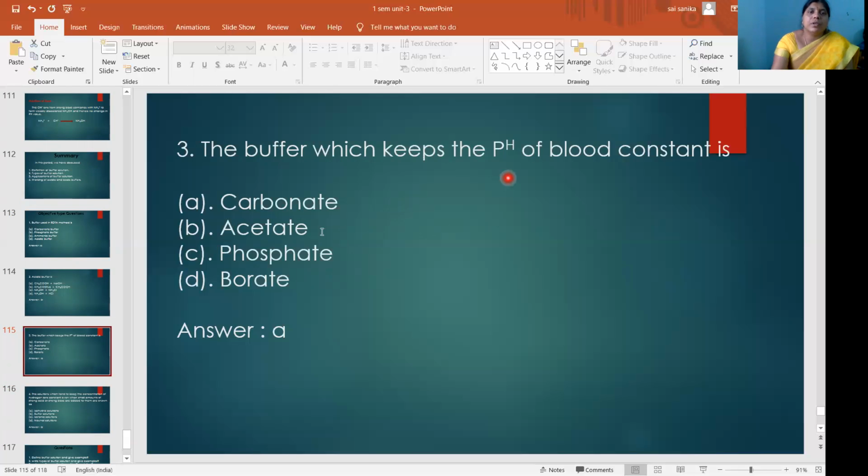Which buffer will keep that pH of blood constant? So A, carbonate, B, acetate, C, phosphate, D, borate. So answer is carbonate. So carbonate buffer keeps the pH of blood constant. Due to that buffer only our blood is maintaining some pH value. Okay. Then next,